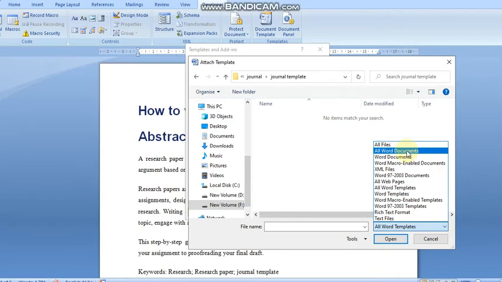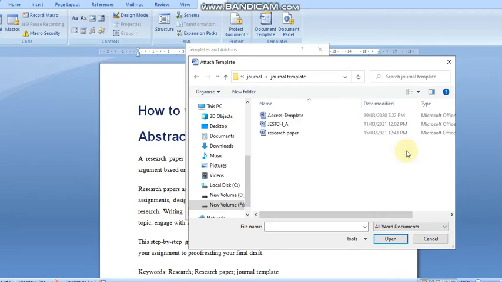For that you have to click this option, all Word documents, and now I am using this access template. This access template is nothing but the IEEE Access template. I think you are all aware of this journal, IEEE Access. So we can click open.